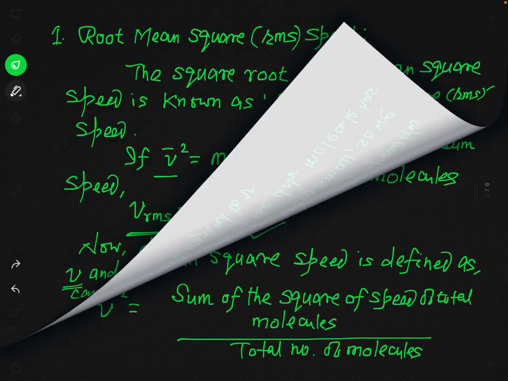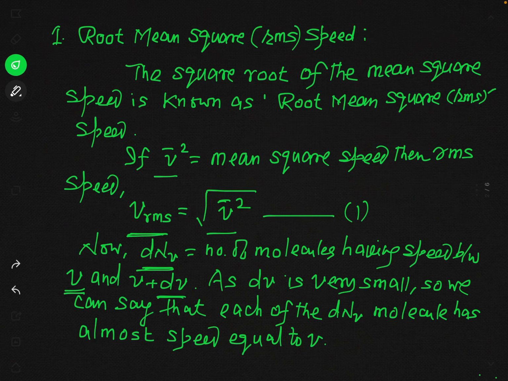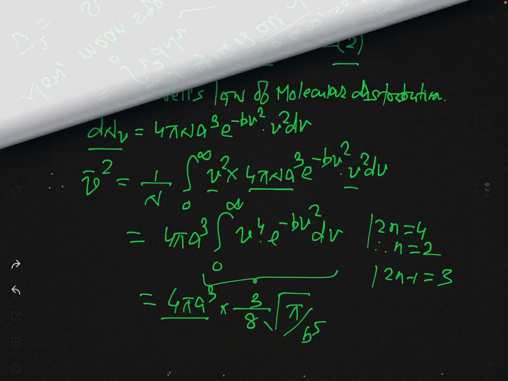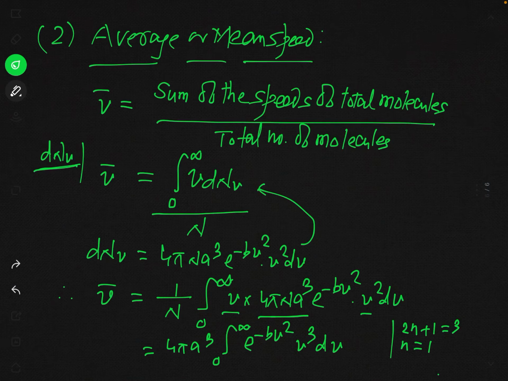I am showing that result again to you. You can see this is the formula which will be now applied. In fact, in this case we have n equal to 1. So using the value of n equal to 1, you can easily write the value of this integral. So now let us write the value of this integral. Therefore, you can say that this v bar is equal to